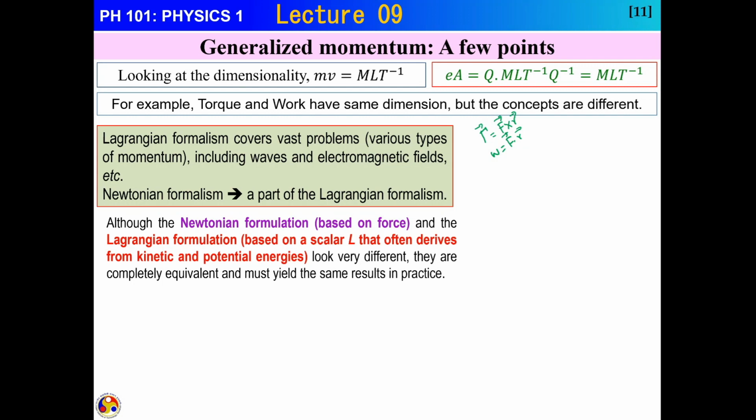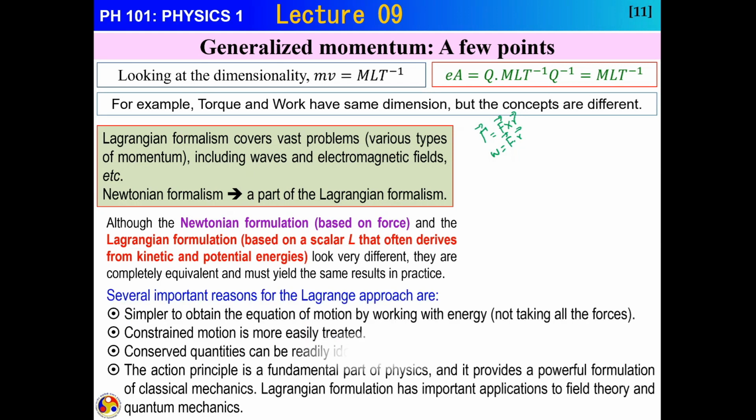Otherwise, if we dealt with a problem in a different concept and got a different answer, the world could not be surveyed. On top of it, there are several important reasons why we should go for the Lagrangian approach, because the